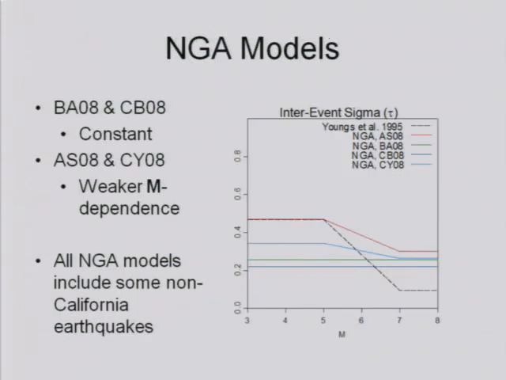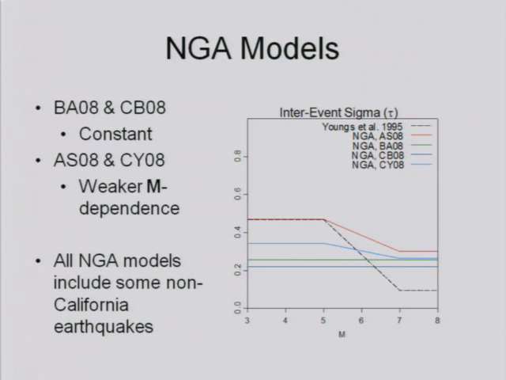Okay. Now, in the NGA program, that is the Western U.S. NGA program, the same issue about magnitude dependence was looked at, and different developer groups came up with different conclusions. Some of the developer groups felt that they didn't see evidence of magnitude dependence. As a result, they modeled the sigma as a constant. And some developer groups saw a magnitude dependence in their analysis, even though the dependence is much weaker than what was observed in Youngs